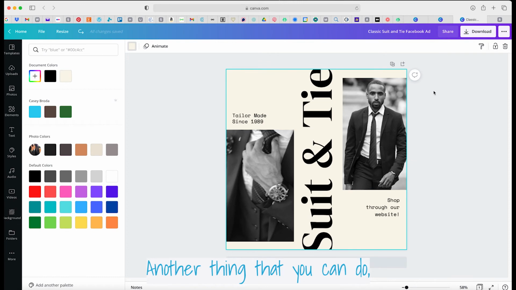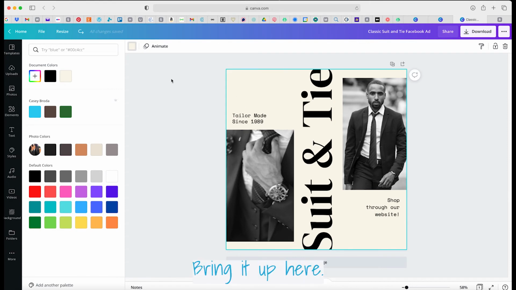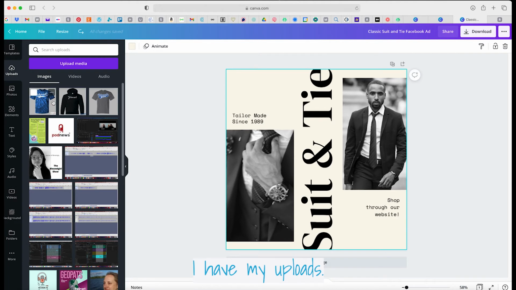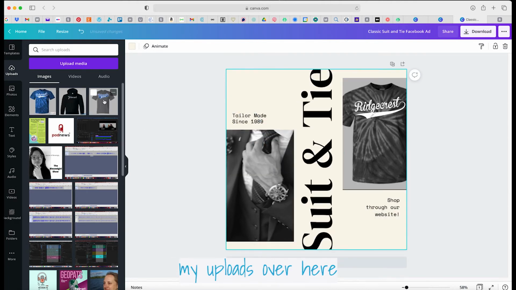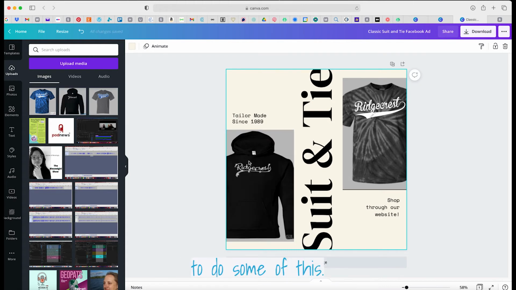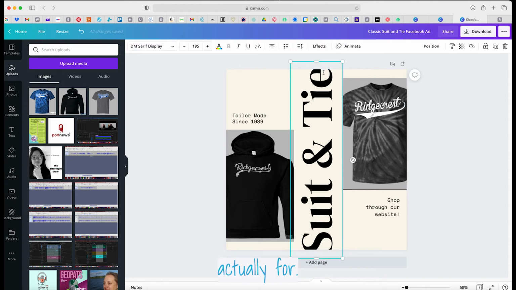Another thing that you can do, we talked about templates. You find a template that you like, you can bring it up here, and I have my uploads. I want to click and drag my uploads over here. Want to do some of this. This is actually for